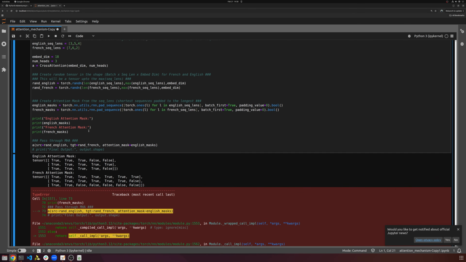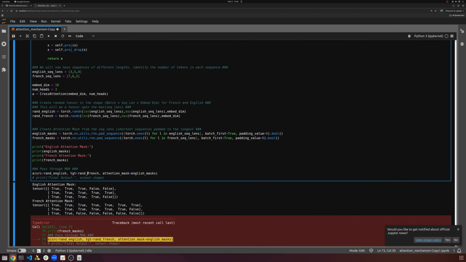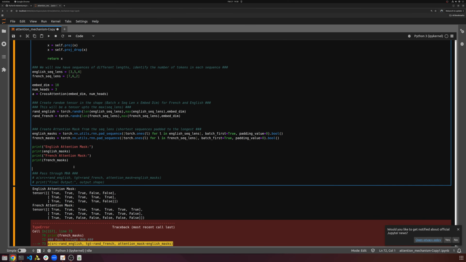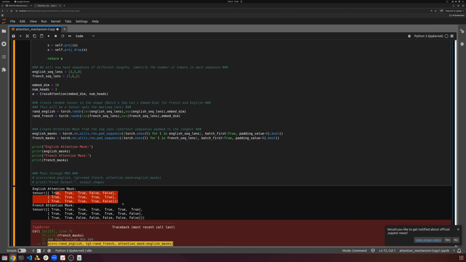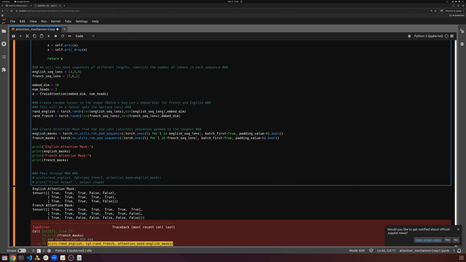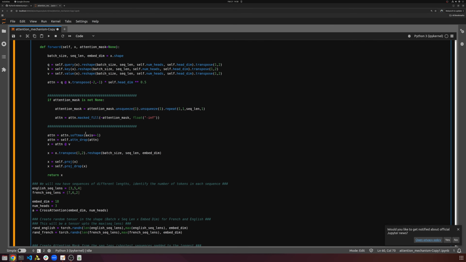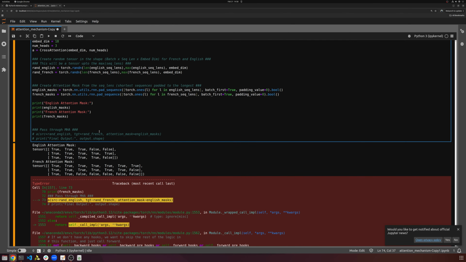Yeah, we haven't written the forward function yet, so that's fine. But I just want to take a look, right? We can look at our, here's our English masks, here's our French masks, and then we have the corresponding embeddings that go with them. So this should all be familiar. We just did everything twice rather than once, right? Nothing new has happened. But our forward function is now going to get two things, a source, a target, and